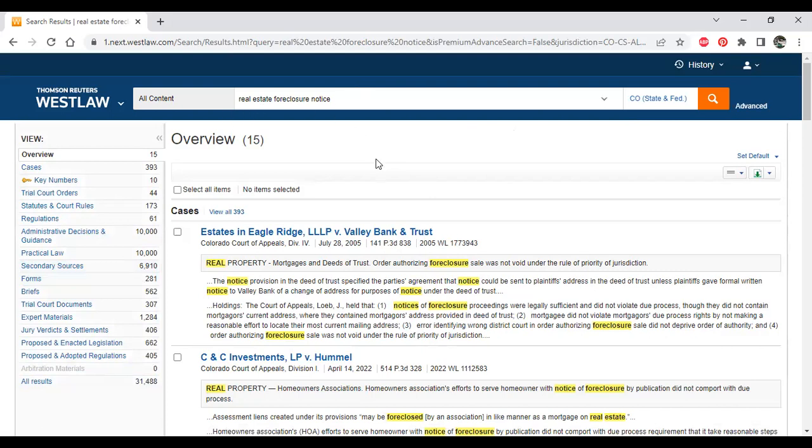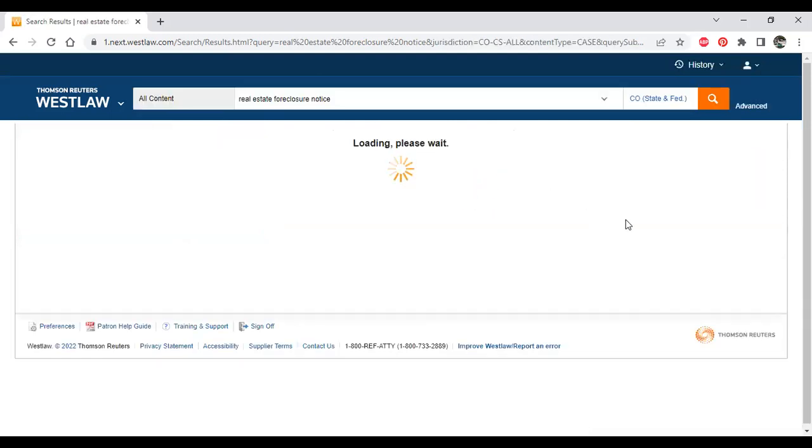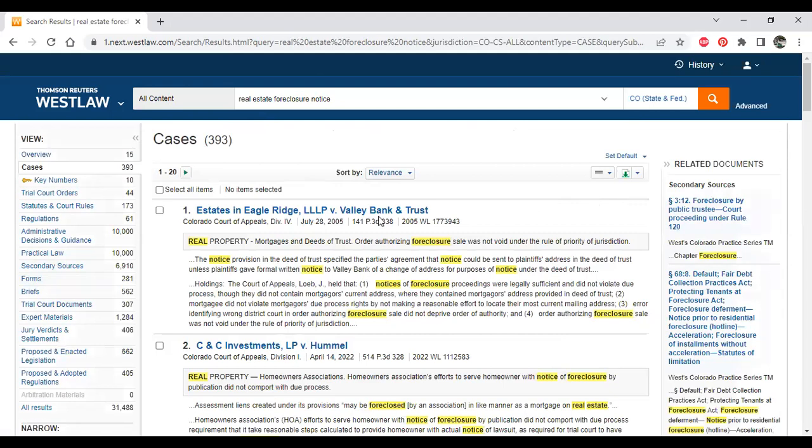We have over 30,000 results here. But let's say with this, I was just really only interested in one type of document. So let's say, for example, I wanted to look at just the cases for this search. So what I could do here is click on View All. And now it takes me into just the cases. So just those 393 cases that it pulled up. It's sorted right now by relevance. You can always change it though, if you'd rather see them by the date or which ones get most cited,